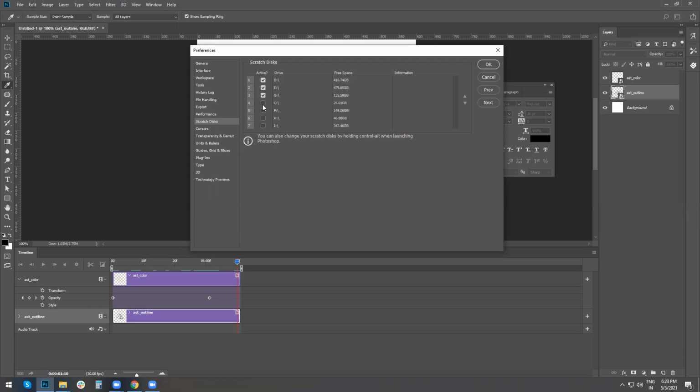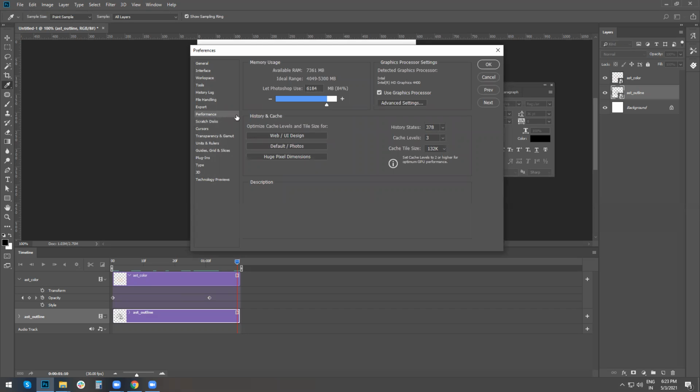You need to have more drives selected and the C drive not selected, because in most cases you will have more space in other drives. But if you're working on, say, a laptop where you have only two drives, C and D, and D is full, then in that case you will select your C drive. So it needs to have more drives to keep things in place.